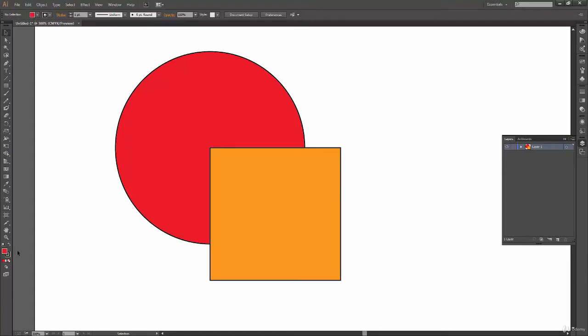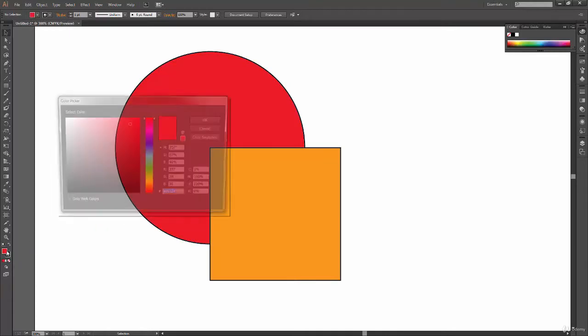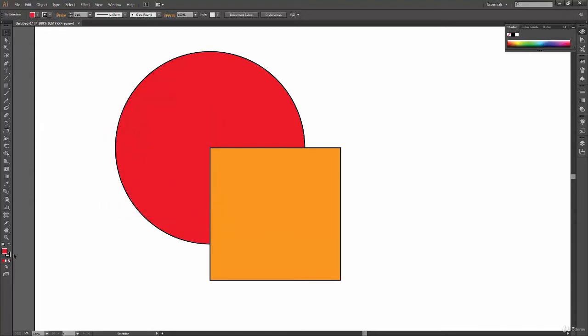For that, you can select the outline first. If you single click on either the fill or the outline, that thing will get selected. So if I want to select the fill, I click on the fill first, just a single click. We use a double click to open the color picker. But if you just want to select the outline or fill, you have to do a single click. Okay, so right now my outline is selected and I don't want to fill any color in it.